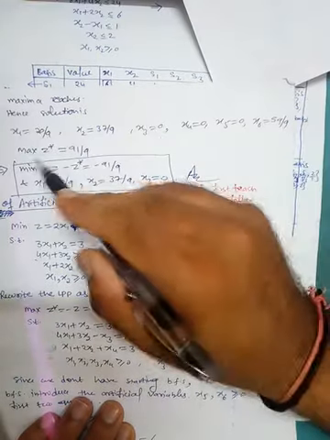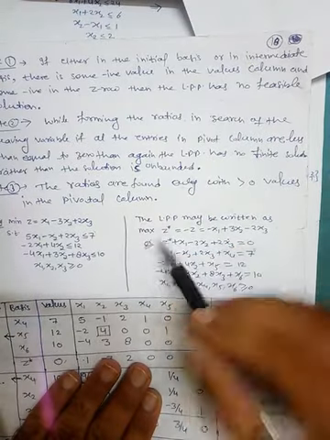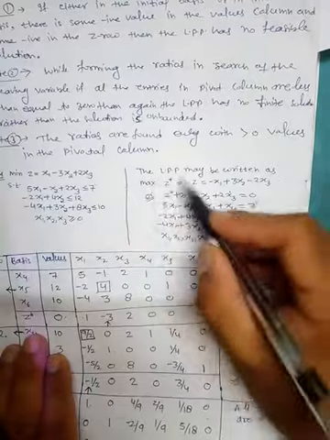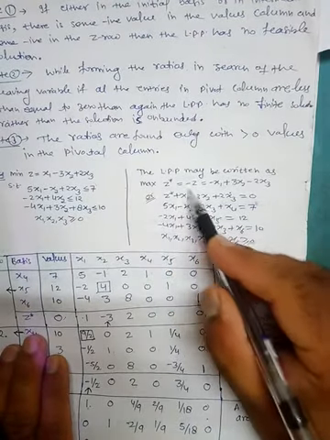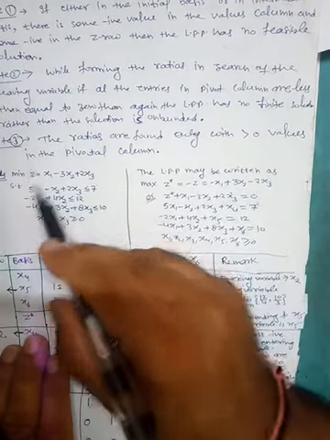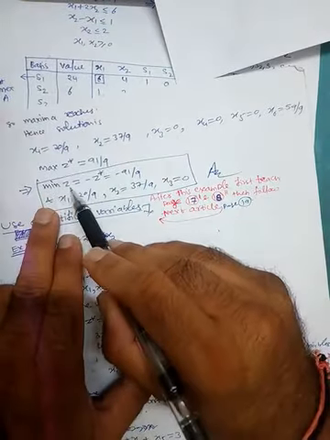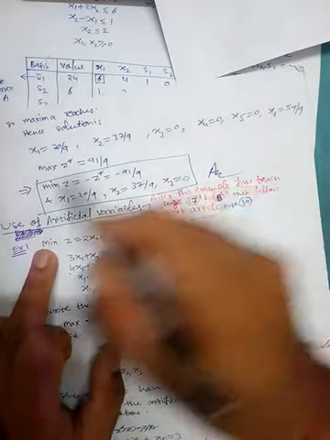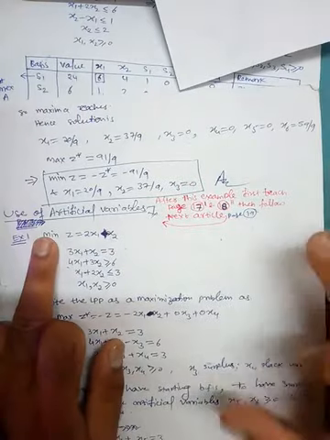Okay, and the maximum Z star, because our revised problem is of maximization in nature. Maximum Z star. So maximum Z star is 91 by 9. So this is the value. But you see that here we have done this maximum Z star is nothing but minus Z. So the actual problem is of minimization. So that's why again multiply by minus sign here. So minimum Z is nothing but minus Z star. So minus 91 by 9. So this is the solution. Okay. So this is simplex method.